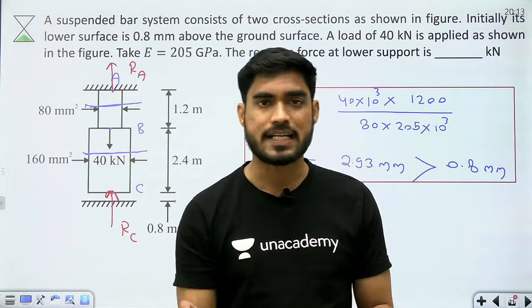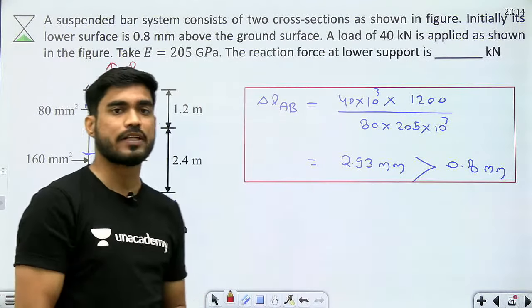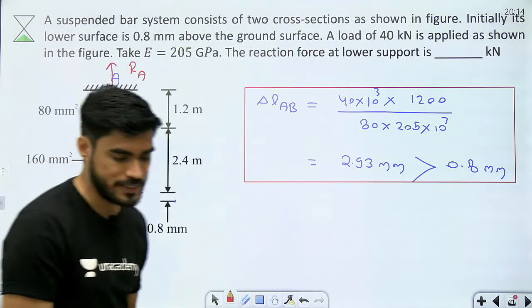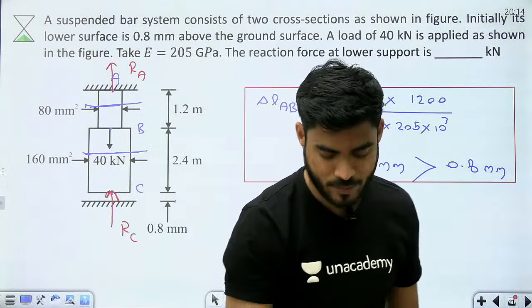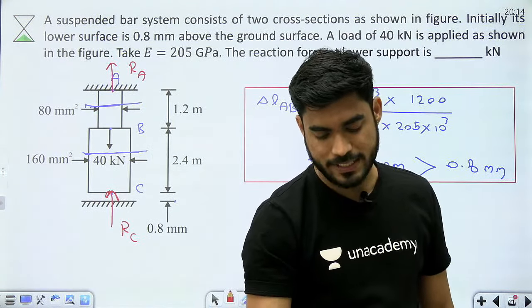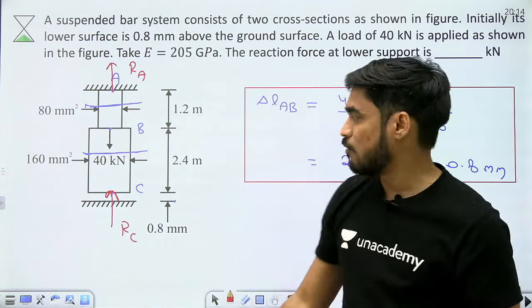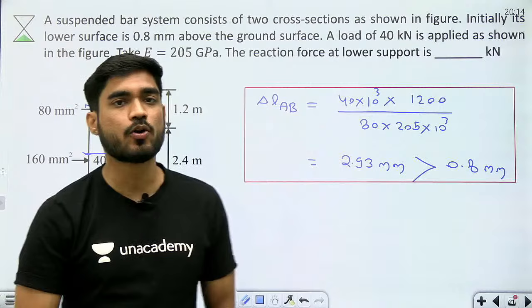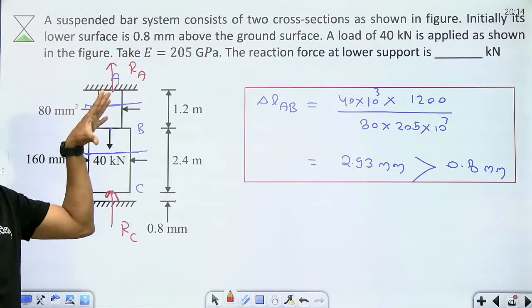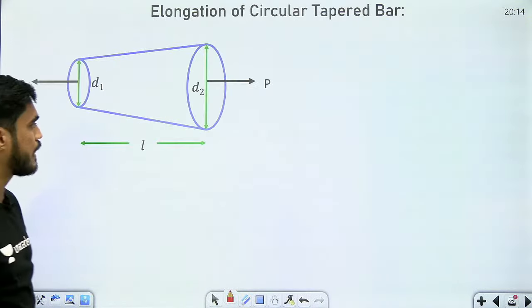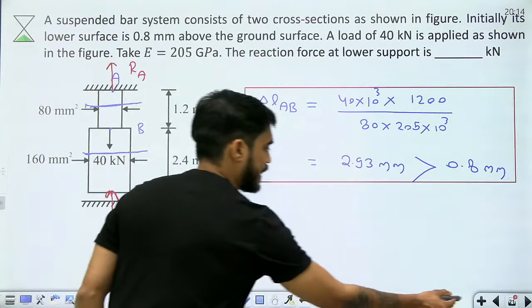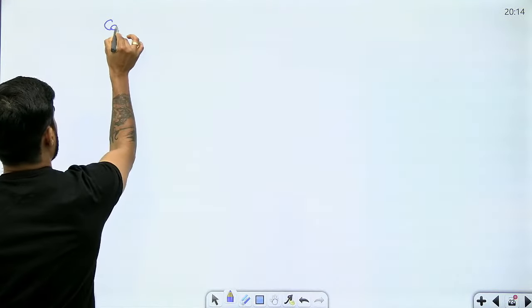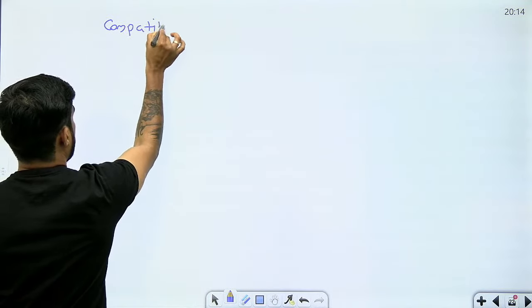So this is purely assumption. This has nothing to do with the right or wrong direction. आप कुछ भी direction assume कर सकते हो. Answer positive मतलब सही, negative मतलब आपका direction उल्टा है. Now बेटा, what I am going to do is find the value of RA by the compatibility equation. What is the compatibility equation here? Understand.